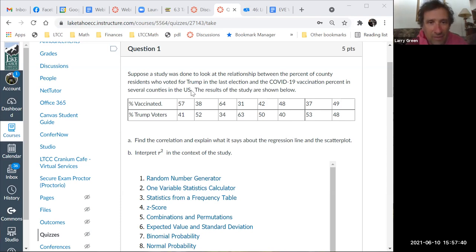So the question is, find the correlation and explain what it says about the regression line and the scatter plot. What we need to do is find the correlation. The last thing you want to do is do it by hand. That would be absolutely miserable. I'm going to copy these. Notice they're all 2-digit numbers. We'll need that. And then we go over to our